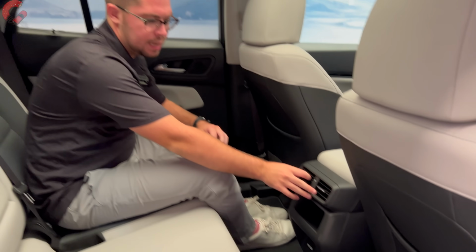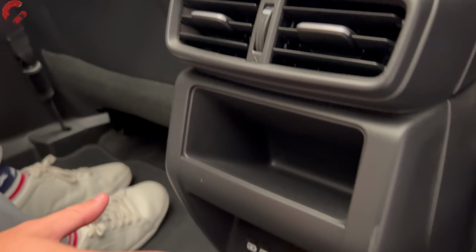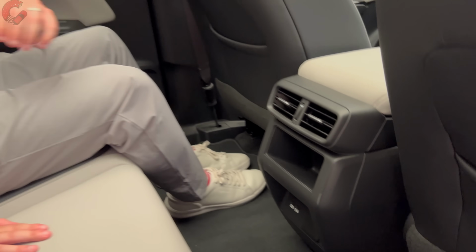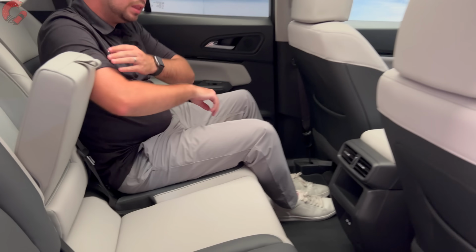Now, as far as features that they're including, we do have vents here in the center. Dropping below that, we have a little storage cubby. No climate controls, though. We have 2 USB-C ports, as well as a household-style outlet for this Elite model. If we fold down the center armrest, we do have 2 cup holders inside,